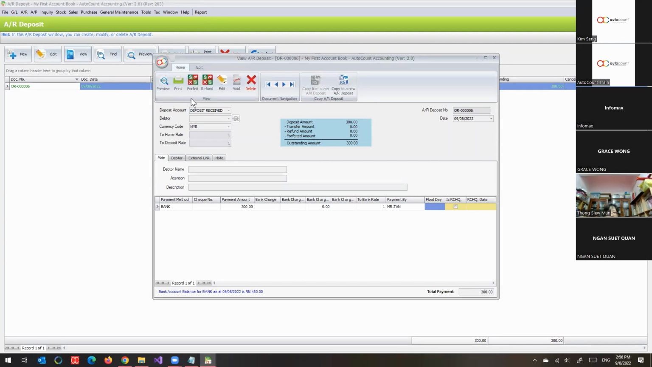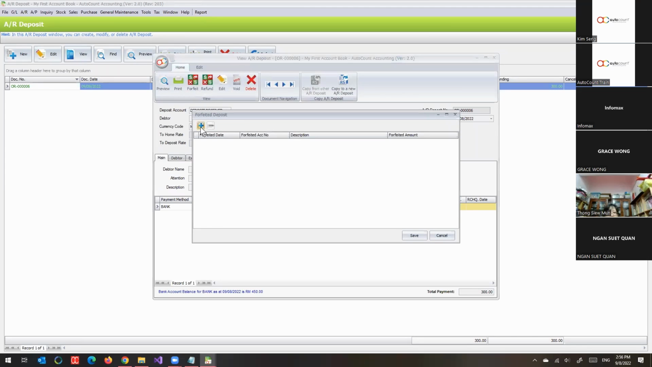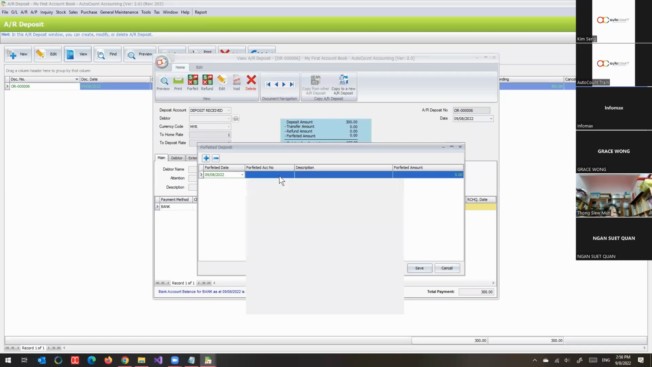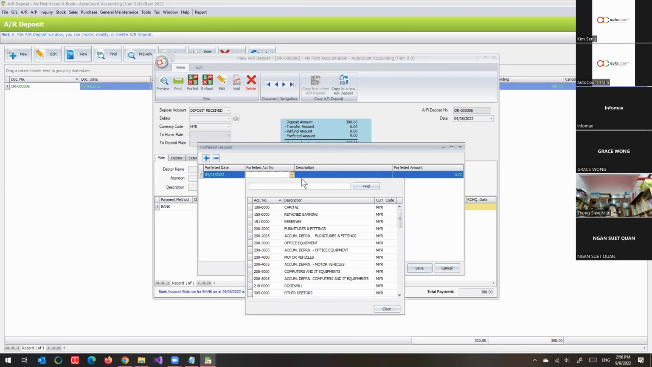Okay, when I click view, you see here there's a button called forfeit. I click. Okay, then what is the date of the forfeit? I can have multiple forfeits also. Today maybe forfeit 20, tomorrow I forfeit 30. I can have multiple, but I just do one. Okay, let's say today they forfeit $50. So other income,